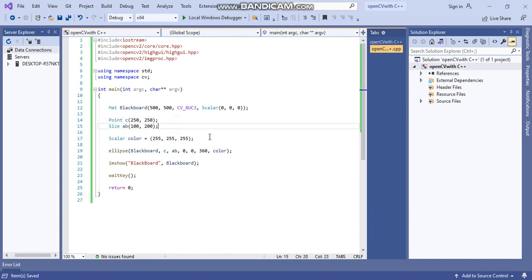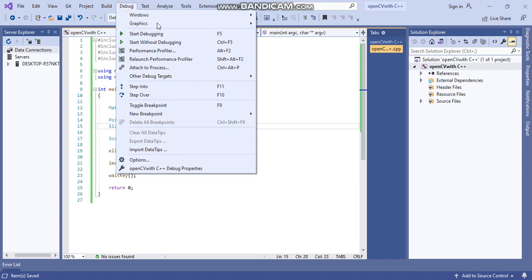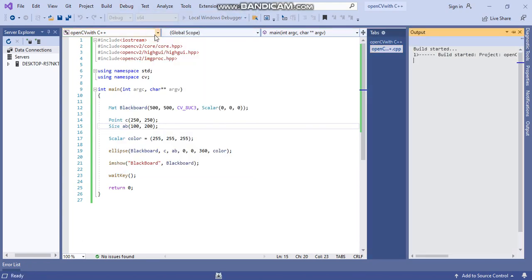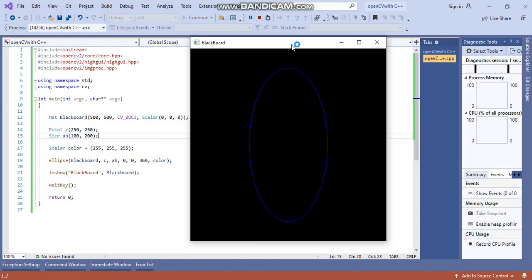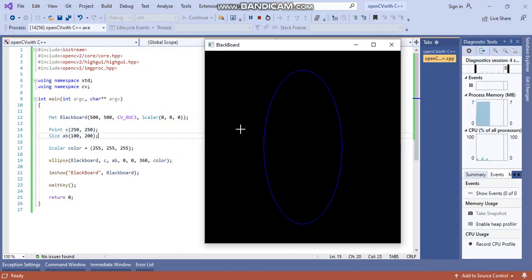Okay, so whenever an error is coming due to an equal sign or assignment, just remove that. So it will take it as center, and it will take the minor and major axis, and now run this program. So yeah, here you can see the ellipse. So this is how we can draw an ellipse.